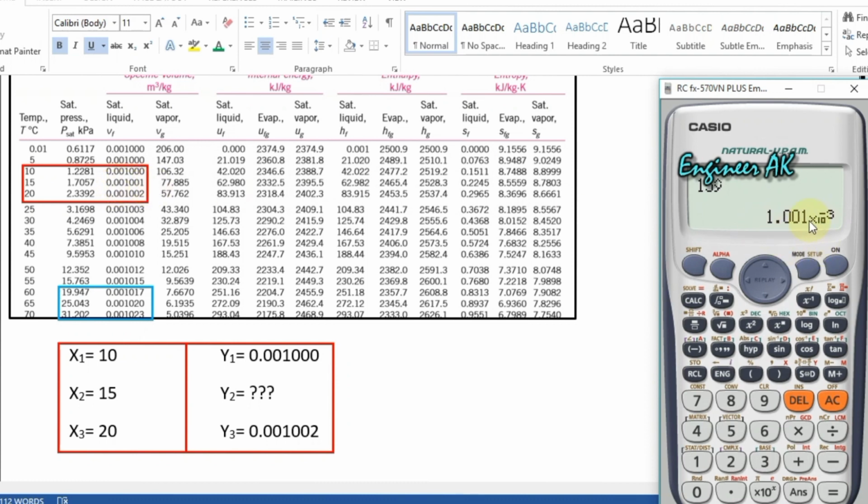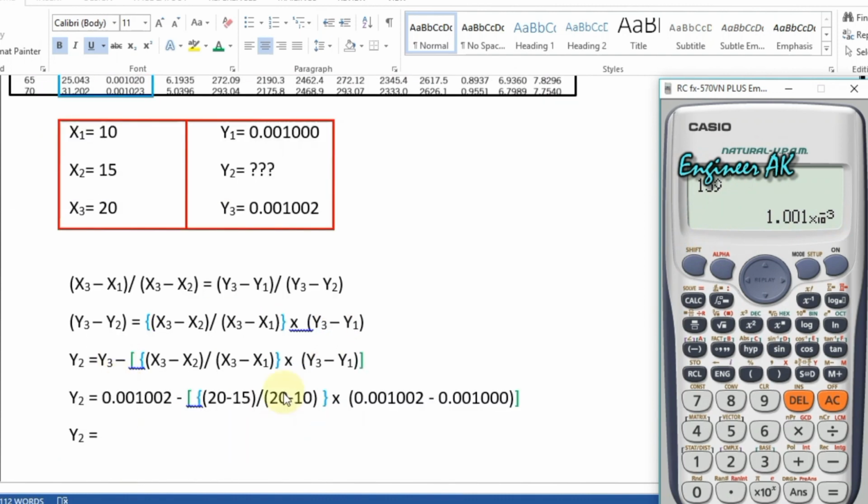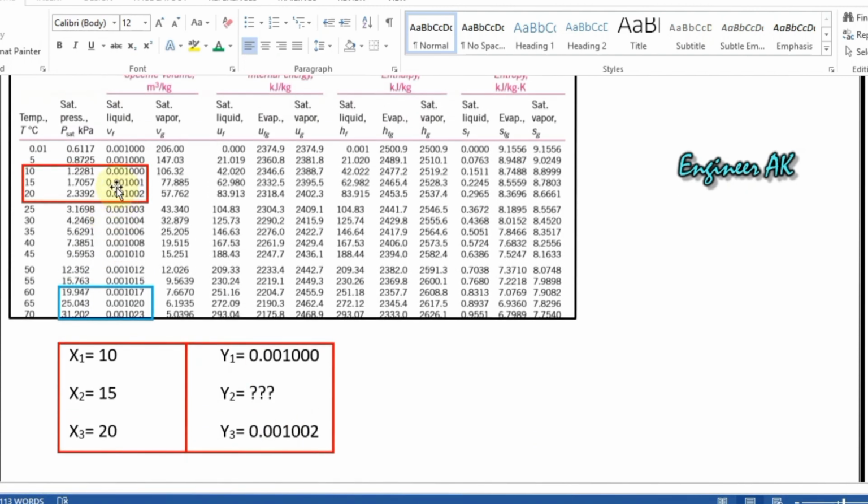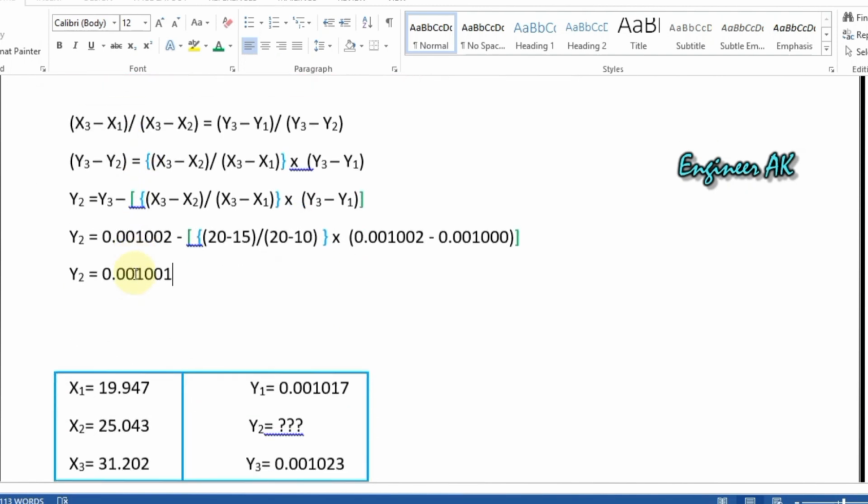0.001001, right? So it's quite simple as compared to doing all these calculations, right? And the answer that we got was 0.001001, and that was the same as this 0.001001,